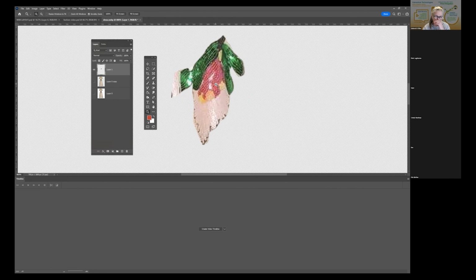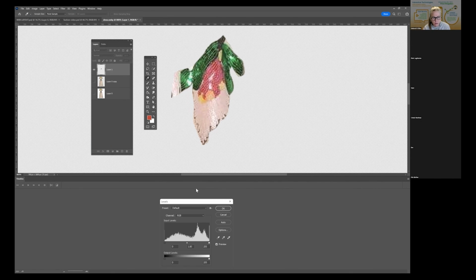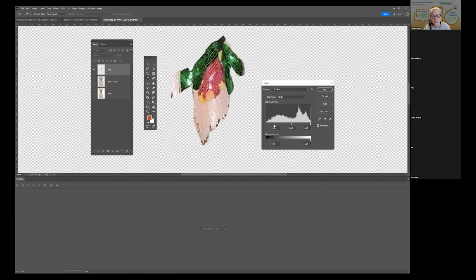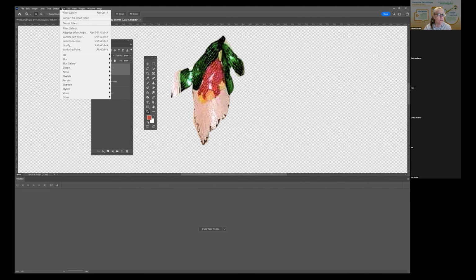At this point, there's lots of things you can do. You can enhance the levels of contrast. This is one of my favorite tools, levels. Just push the contrast and brighten it so you can see the crystals. Now the crystals are kind of pixelated, so you can intentionally go up here to the filters and say, let's see here,